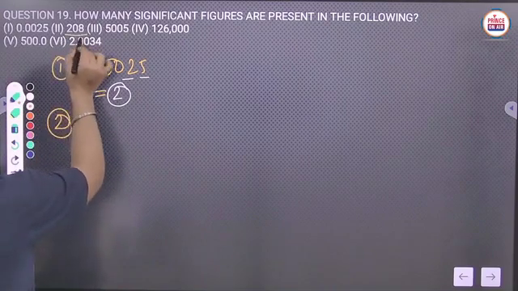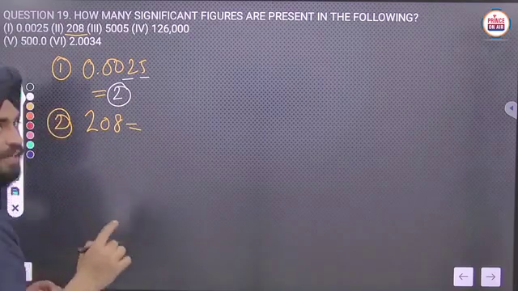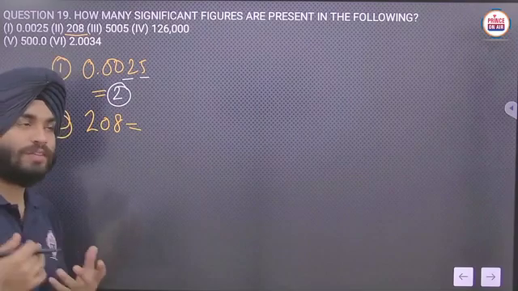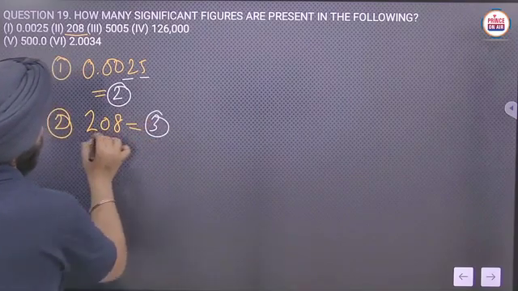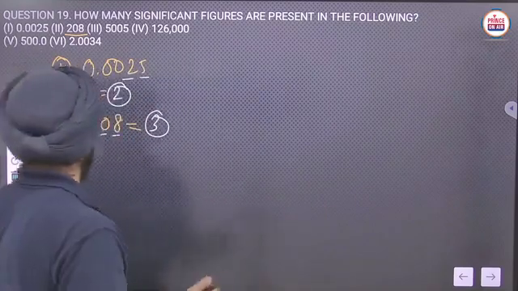Next is 208. The zero in between the non-zero digits is considered significant. So it will be 3: 1, 2, 3. Three digits are there, no? So these are significant. Okay, then next one is